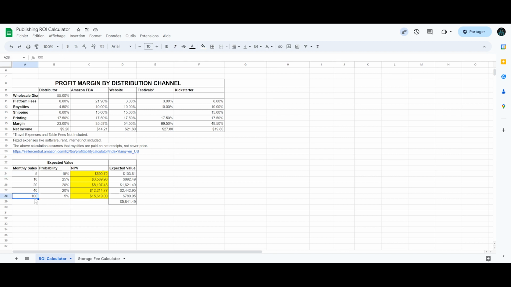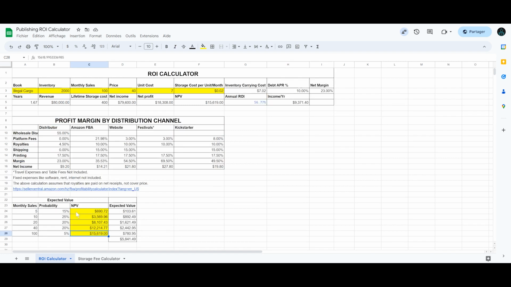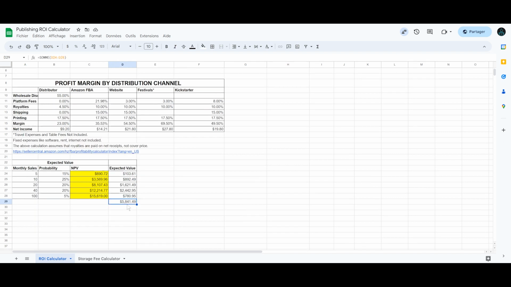So if I was lucky enough to be able to sell 100 copies of this every month, then my total profit on this project, after all is said and done, would be 15,619, and it accounts for the cost of capital or the annual APR that you're paying on whatever debt. I would strongly advise you never to take any debt. In 2023, any debt higher than about 10% is really not going to be good debt for you in the publishing business. And so if we take the average of all of these different scenarios, then what we see here is that most likely we're going to get a